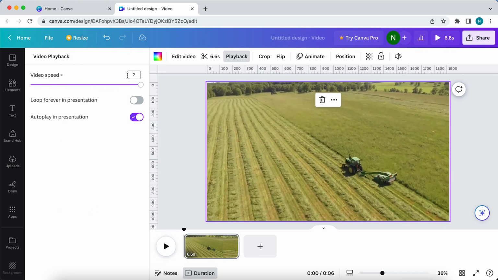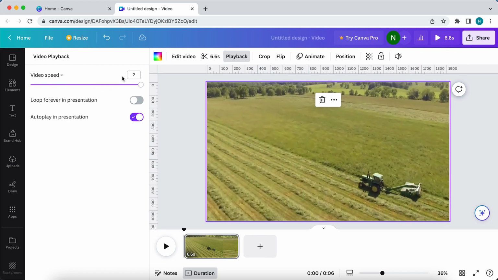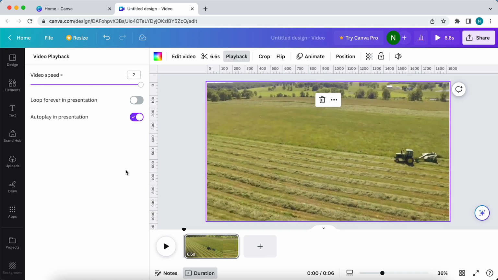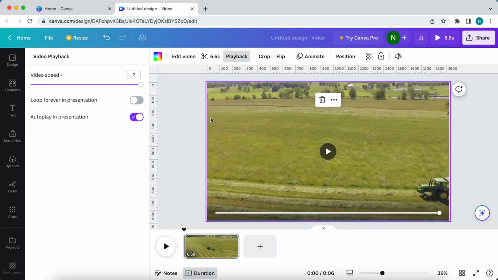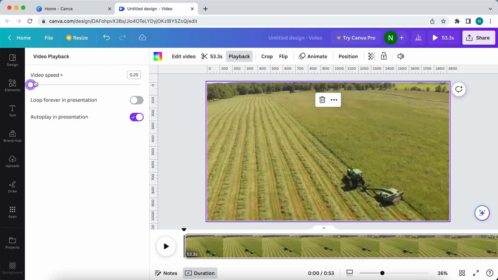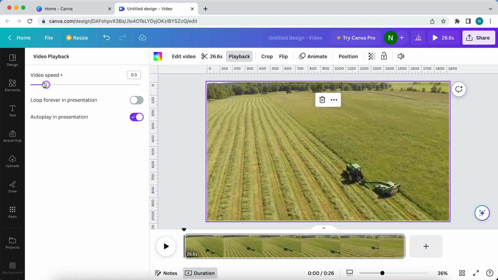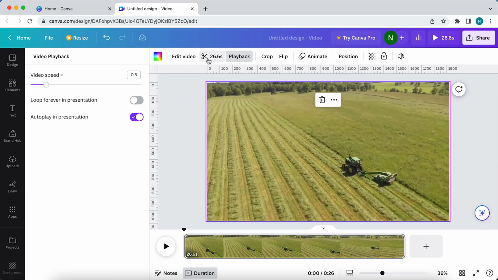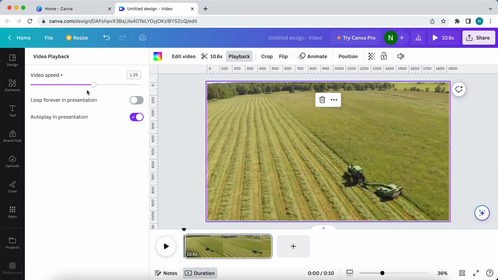And now the video speed is 2, so it's 2 times as fast as it was in the beginning. So we knew that it first was 13.3 seconds, and now it's 6.6. We also can make it slower, like this, and now it's double what it was before. So let's make it one